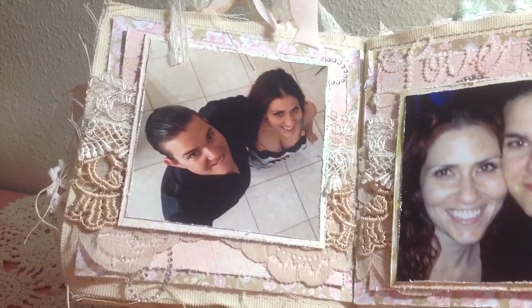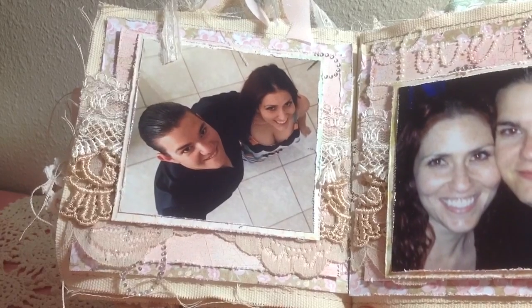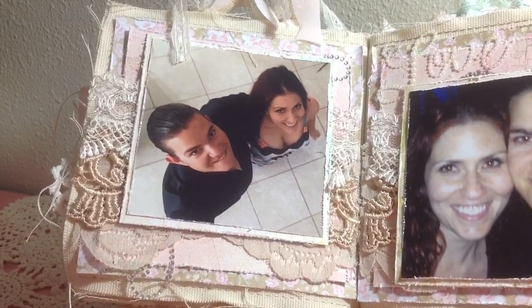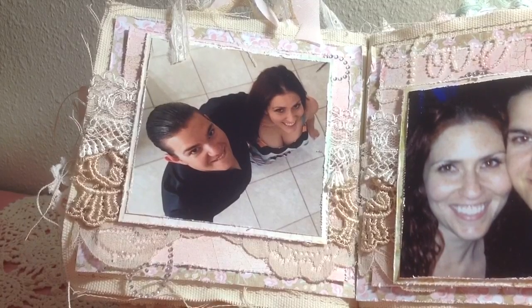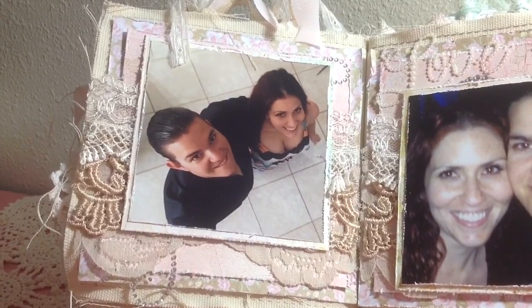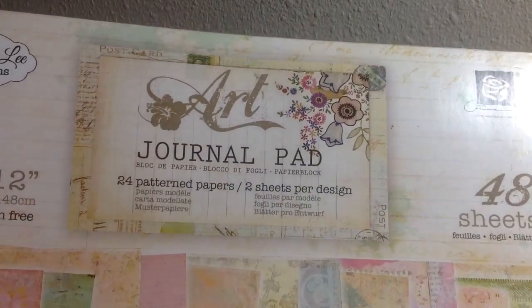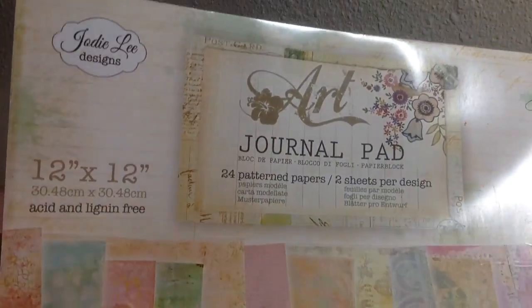And a lot of the other papers are from the art journal stack, Jody Lee, and those were papers that I was hoarding for something special because it's my absolute favorite paper pad. It's the Prima art journaling paper pad, and it is just my absolute favorite. Actually, let me go get it. Okay, here it is. It's the art journal pad by, let me see if I can get that in there,